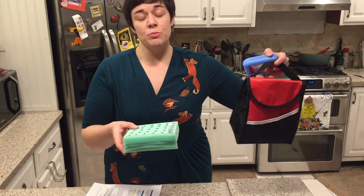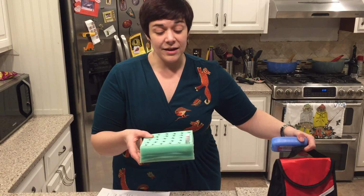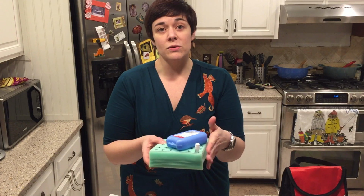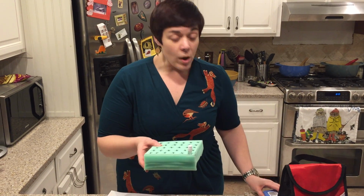If you have to take this lunchbox with you to work for collecting the saliva, make sure the ice pack is frozen and you put it on top to also keep those samples cold. One important thing to remember